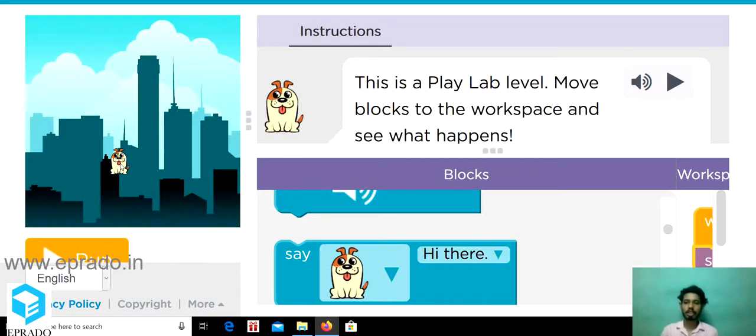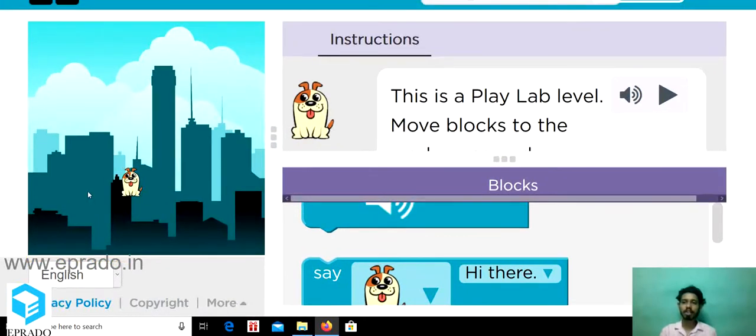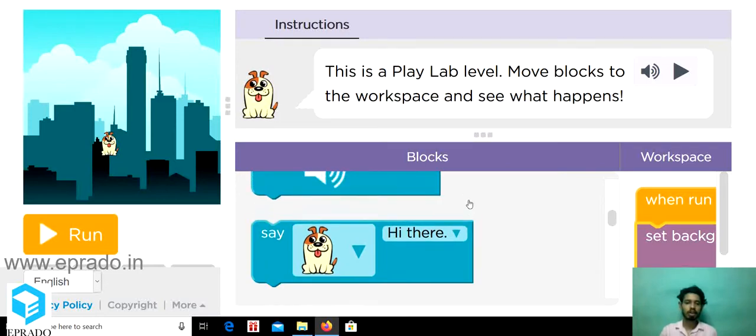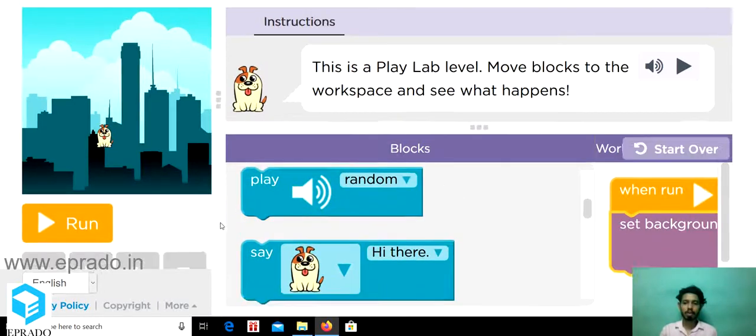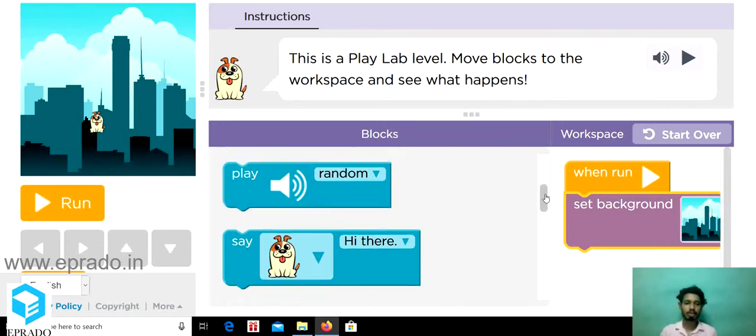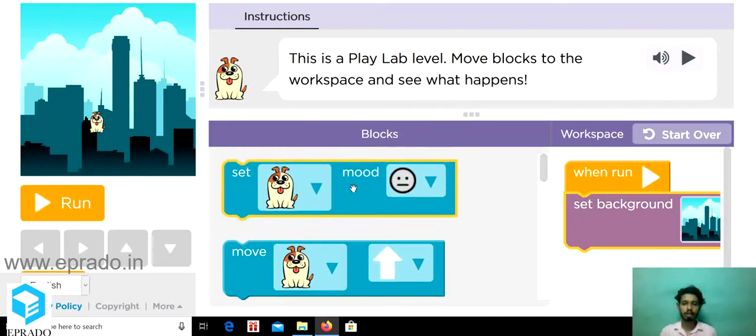This is called a sprite. You can look into this and you will see a small dog. A sprite is nothing but an image that we use in the program. This image can be animated, and we can add some movement to it. So instead of controlling a robot, we are now doing this with the small sprite. It is in the shape of a dog. Let's check what else we can do.